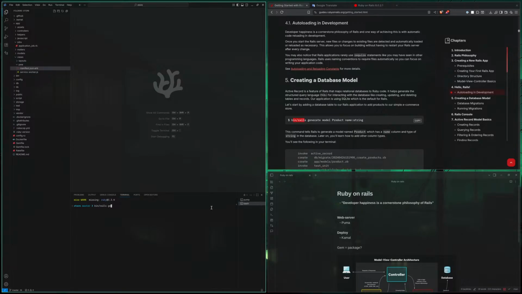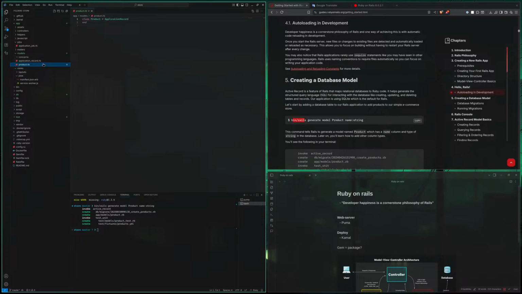Bin Rails, generate model Product. Oh, product name. Okay. So name string. What did we create here? We created a model Product. But where did... Oh, okay.